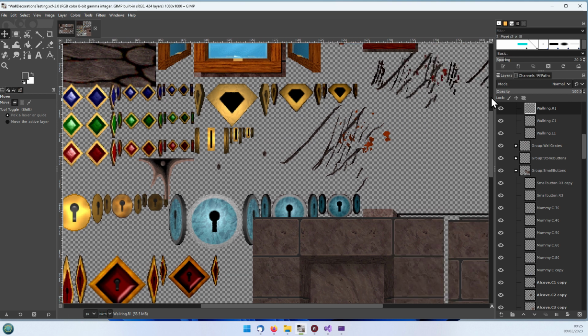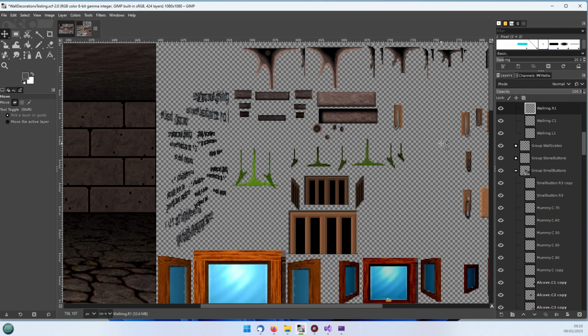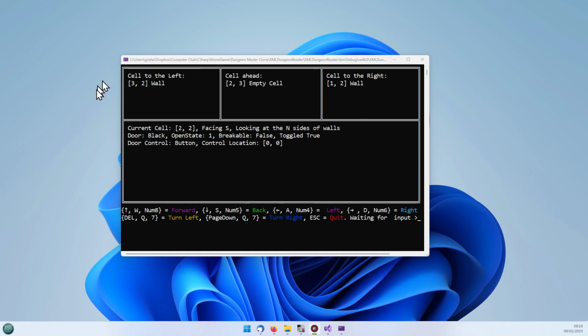So all these, of course, are scratches on the wall. There's multiple things there: the mirrors for the champions, slime, writing, grates, you name it, they're all here. This took a hell of a lot of work to put them in, but this will now give you some idea of how we can actually draw these graphics onto the dungeon,